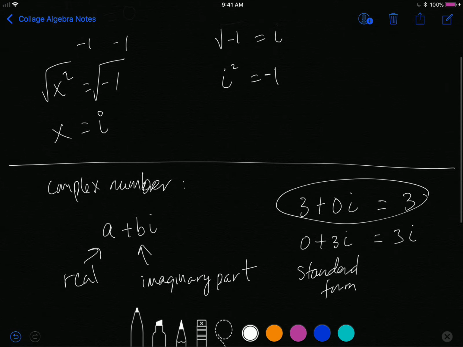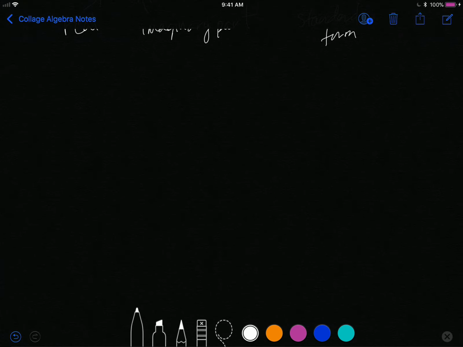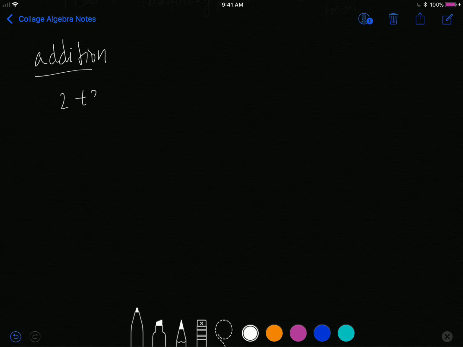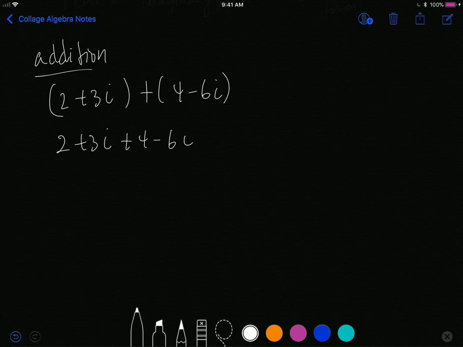Let's go ahead and do the 4 operations on your complex numbers. Addition. If I have 2 plus 3i plus 4 minus 6i, 2 plus 3i plus 4 minus 6i, you simply add like terms. The 2 and the 4 gives us 6. The 3 and the negative 6 gives us negative 3i. That's how you add. Subtraction is the same,